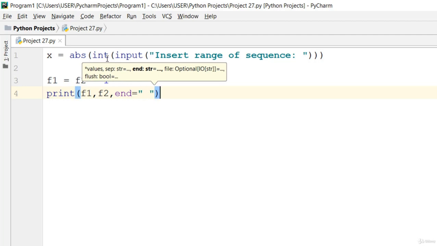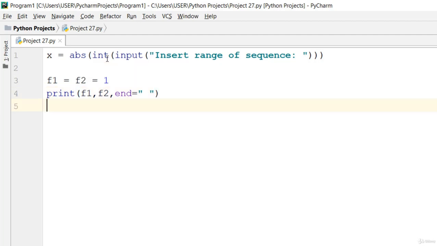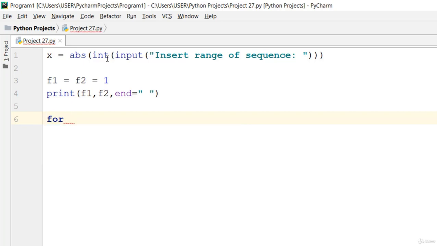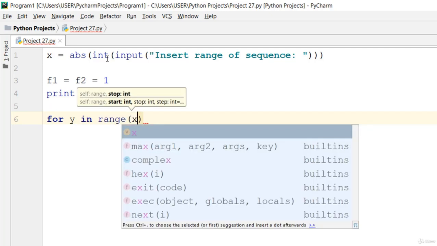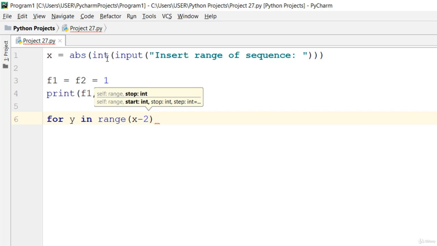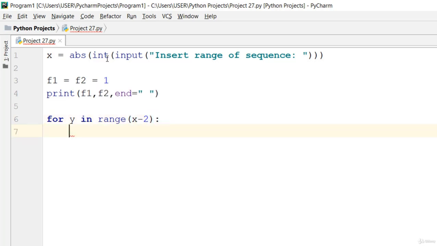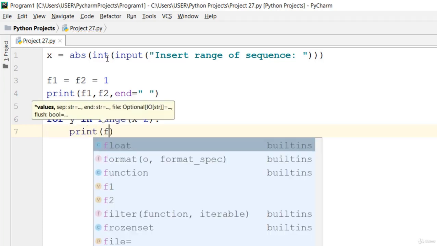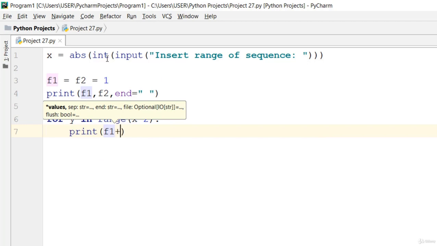Alright, so let's go ahead and say, using a for loop, go ahead and say for y in range of x minus 2. For y in range of x minus 2, we'll go ahead and print out f1 plus f2,